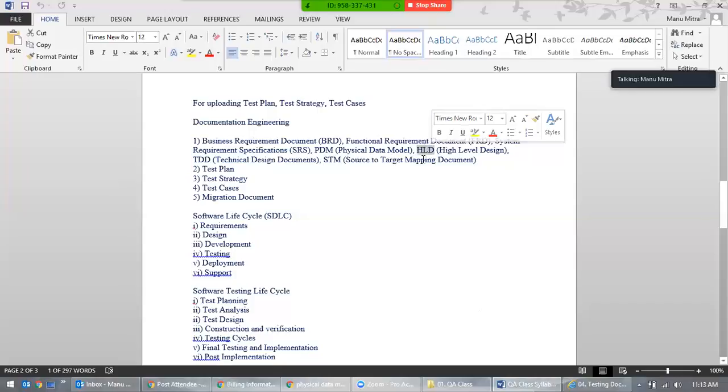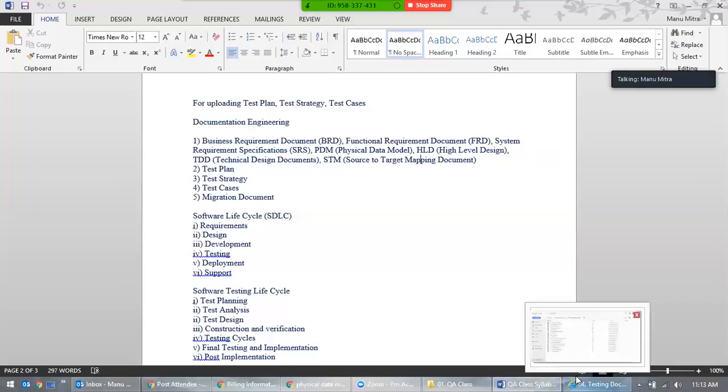So the next one, TDD. TDD is the technical design document. For the technical design document, let's say you are running jobs. You have this Autosys, a job scheduling tool, and you are trying to